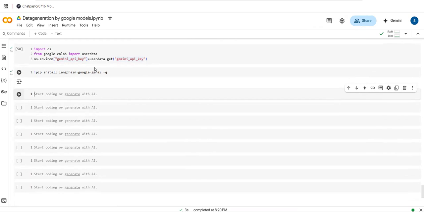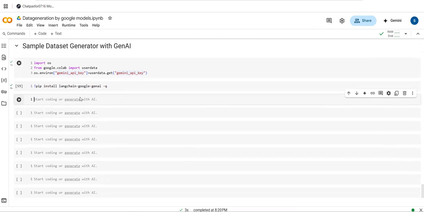This is the pre-required library in order to use it. From this langchain_google_genai, you need to import ChatGoogleGenerativeAI